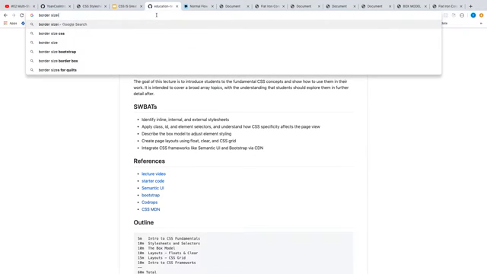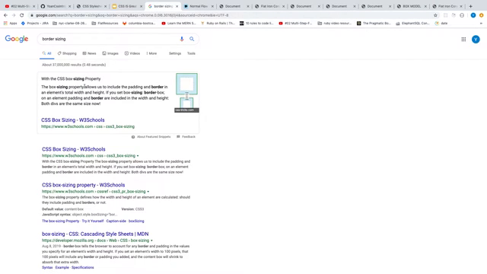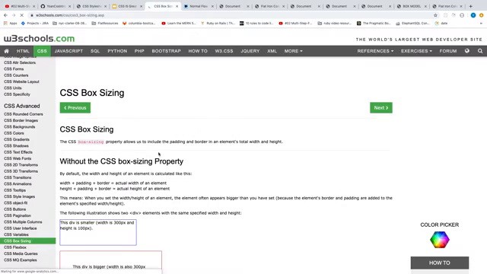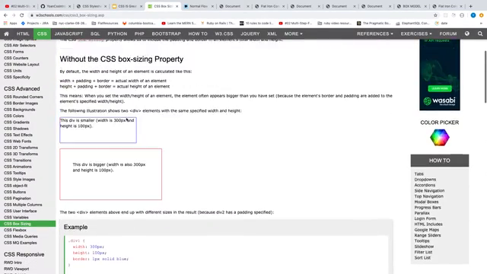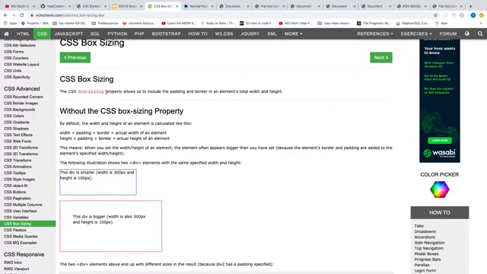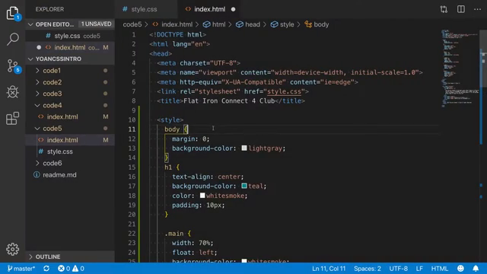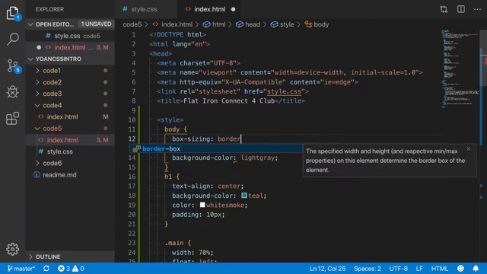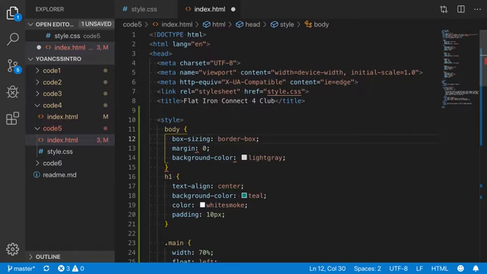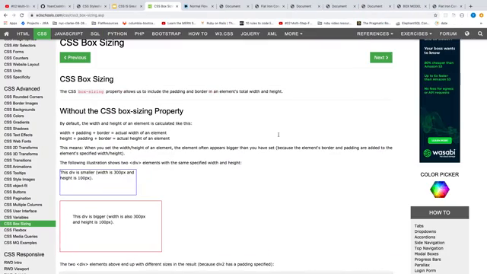CSS box sizing. It's just called box sizing. Cool. Box sizing, border box. And now, if we come back to